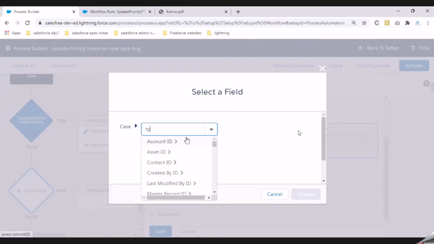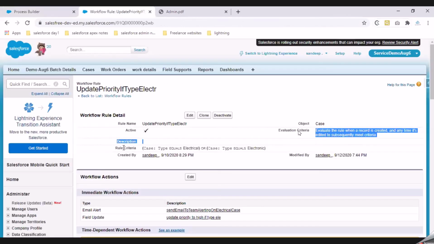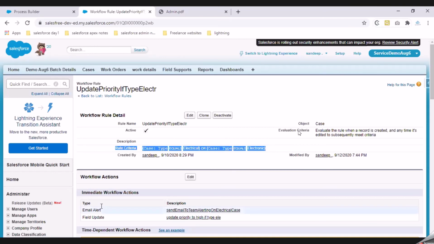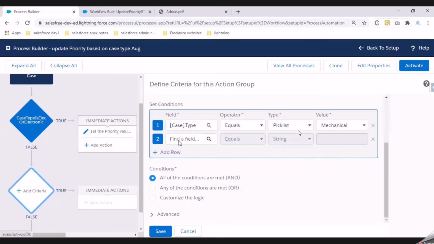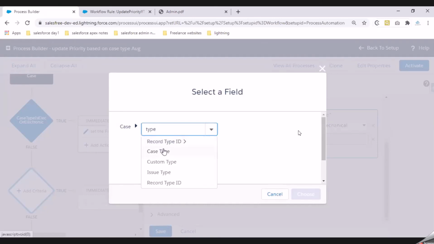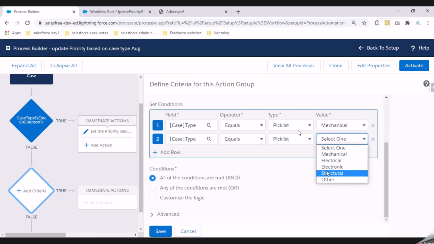Alright, so if it is a workflow rule, I had to create a new workflow rule to configure it. Why do I have to do that? Because I can only write one rule criteria for the list of actions that I can do. But in your process builder, what is happening? You can add multiple rule criteria here. That is where I was able to add a second condition, which is nothing but for the mechanical and structural. So that is the key difference between your process builder and your workflow. In your process builder, you can add multiple rule criteria, but in a workflow rule, for one workflow rule, you can add only one rule criteria.